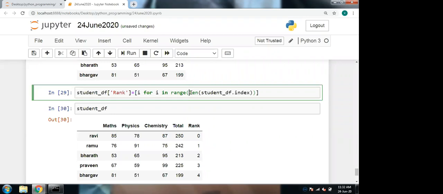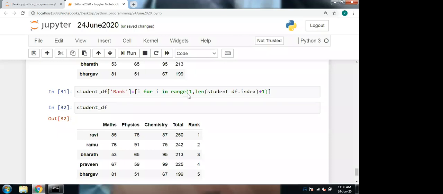So 1 comma length of index plus 1 position, we need plus 1. Okay, now run it. After that, run the data frame also. So you can update like 1, 2, 3, 4, 5 ranks. So I hope now it will be clear for you. Initially we had only 3 columns, maths, physics, chemistry. From that, we created a total column and a rank column.